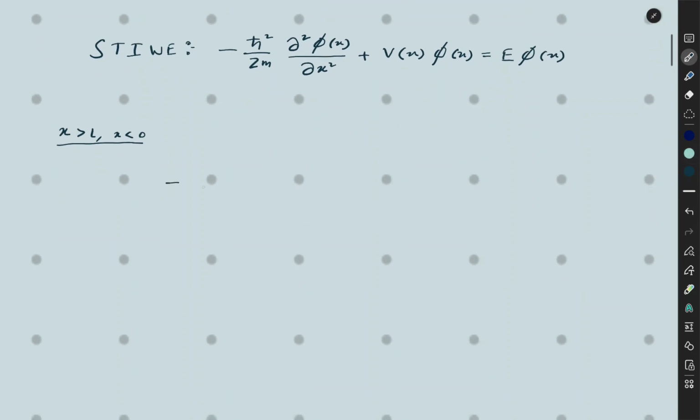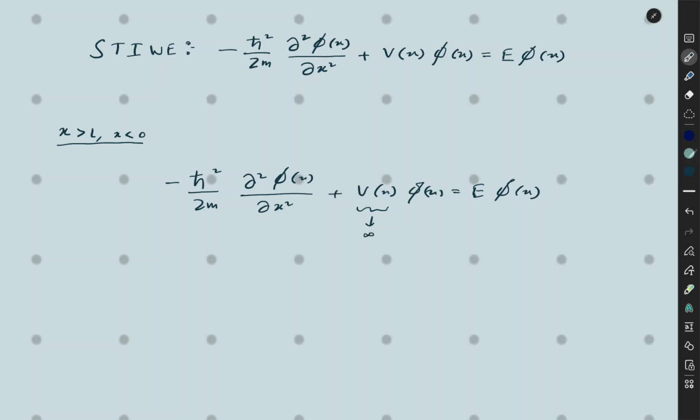So in this equation, minus h cut square by 2m del 2 phi of x by del x2 plus V of x phi of x equals E phi of x, if this term is tending to infinity, and the right side should be a finite quantity,